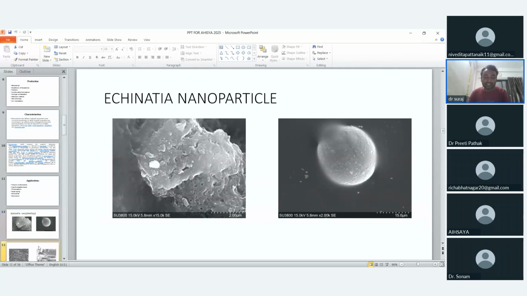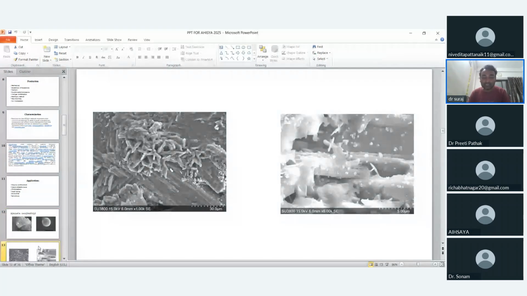Now this is Echinacea nanoparticle in mother tincture in 30 micron. In 30 micron, you can see small rod-like structures in a cluster shape. Small rod-shaped filaments conjoin together and form a cluster shape, which has an irregular margin. In 5 micron, you can see a small colloidal particle spread over the clustering of nano size. So this is the Echinacea nanoparticle. They have a different arrangement in a different range.